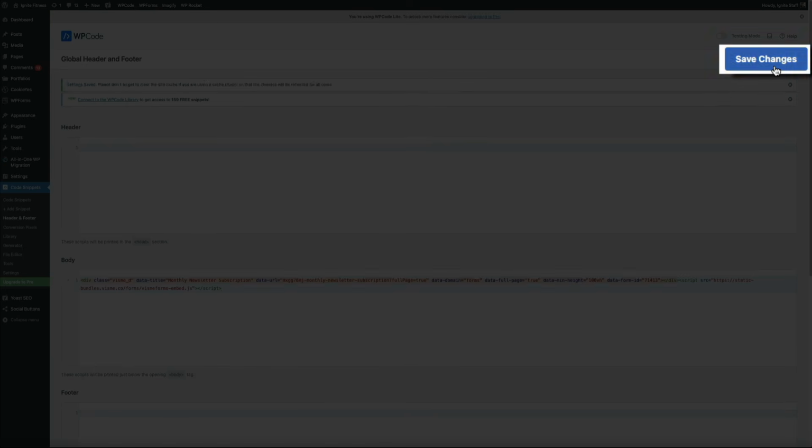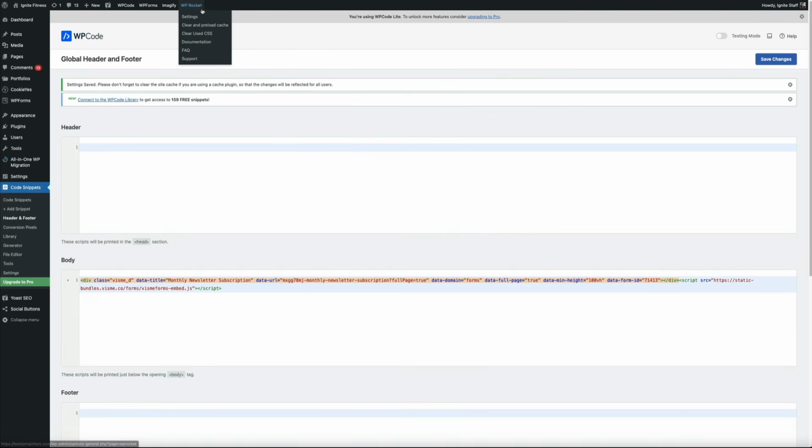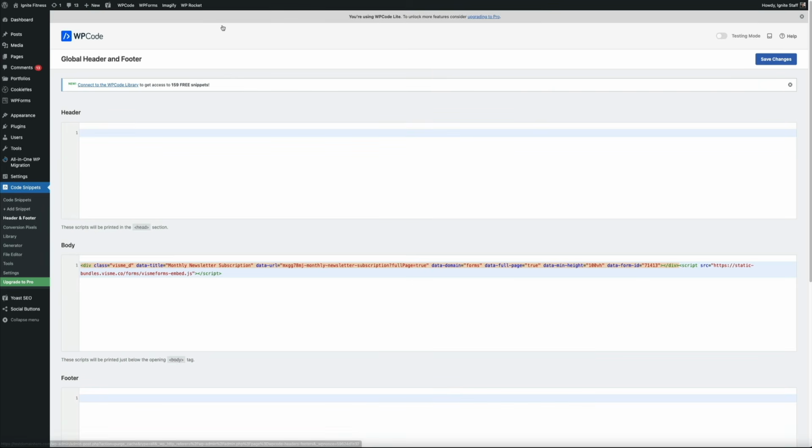And you may get this notification letting you know that the settings have been saved and to clear your cache if you're using a caching plugin. I am, so let me clear my WP Rocket cache really quick. Then when we visit the front end of my fitness blog,